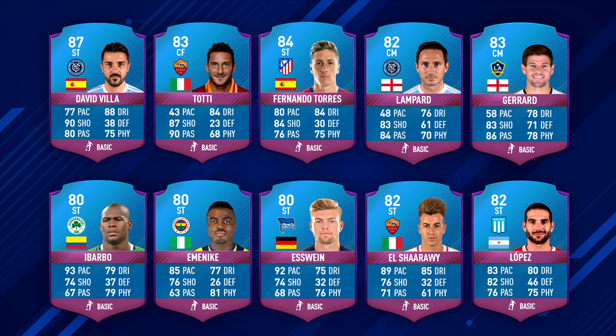Since EA are going to be celebrating the 8th anniversary of Ultimate Team since it was first founded in FIFA 09, they could potentially bring some cards into Ultimate Team that were on FIFA 09 and have been on FIFA ever since. So for example, David Villa, Totti, Fernando Torres, Lampard, Gerrard, to name a couple of them. There are loads and loads of other players who've been on FIFA since FIFA 09, but these are some of the best ones, and I think it would be really cool if EA released